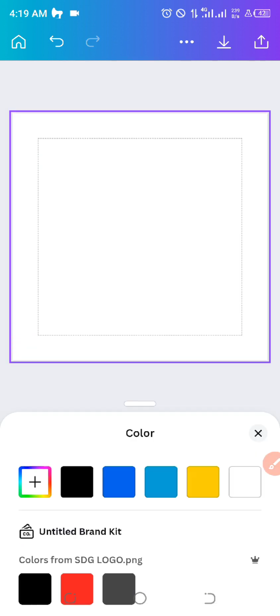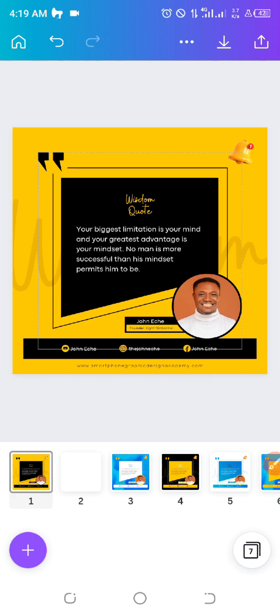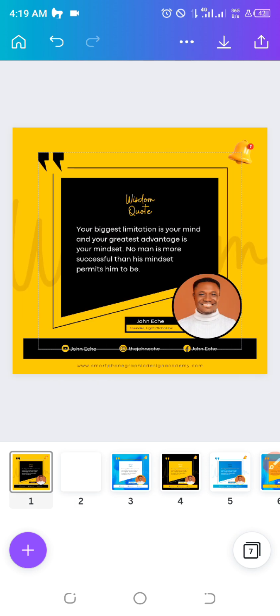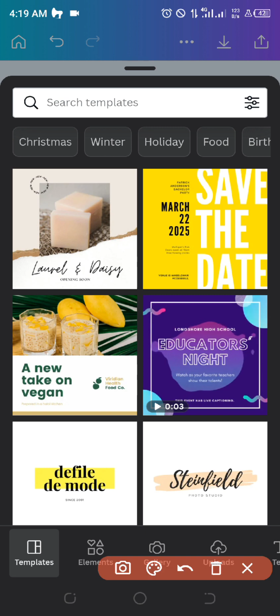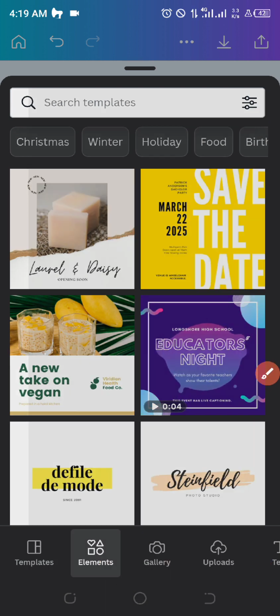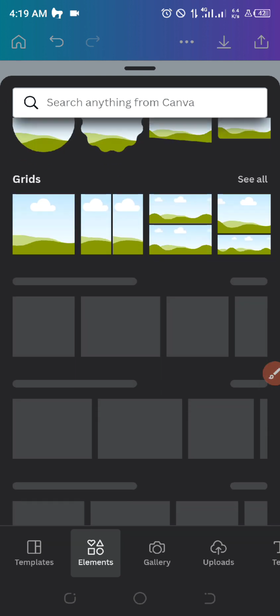Okay, so first off, you should be having here white in your background. Okay, you should be having white here. The first thing I need you to do is we can work with the white first. Let's work with the white background. We're going to change the color, bring in this shape. All right, so click on the plus button at this bottom left. Okay, go to elements right here, elements, and then come down to grid. You're going to see grids,